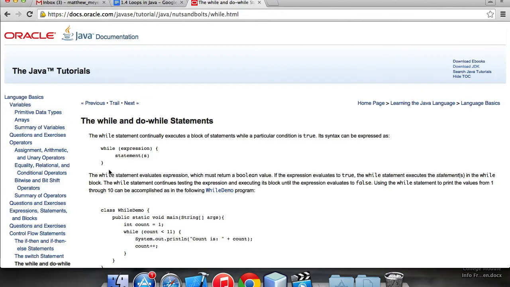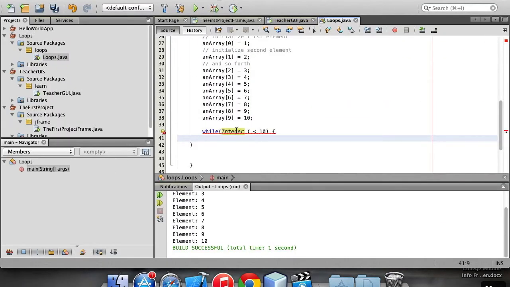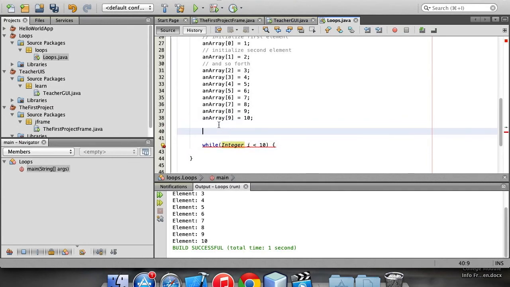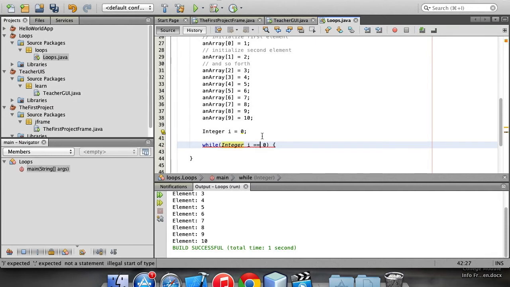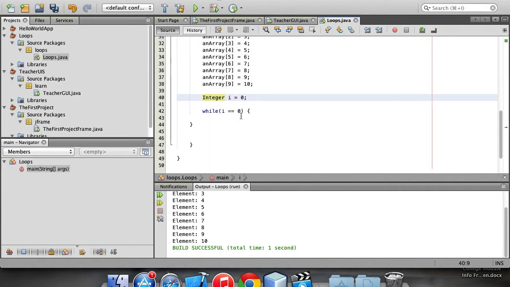This happens all the time. It looks like integer needs to be a variable already. Yeah, okay. So you can't do the local variable declaration like you can in a for loop, but we can